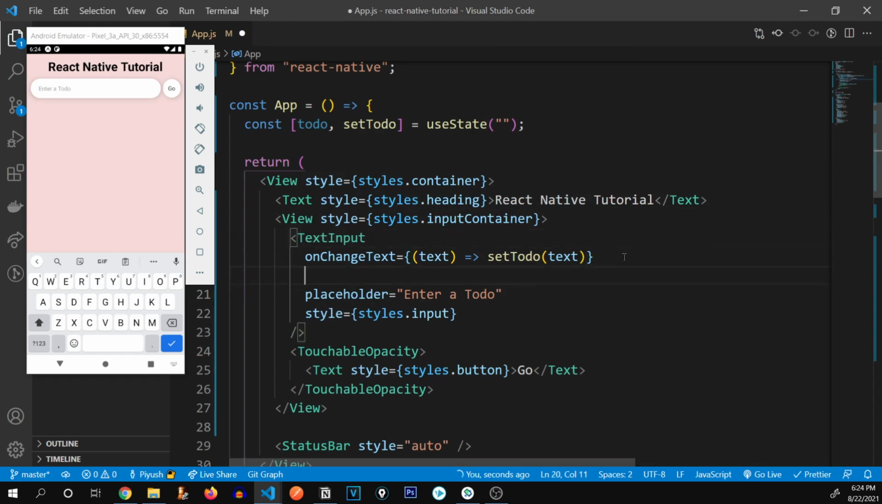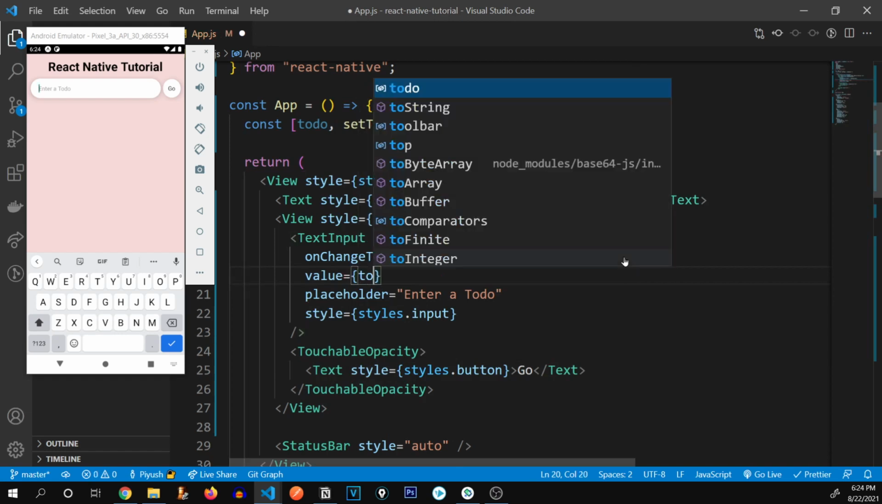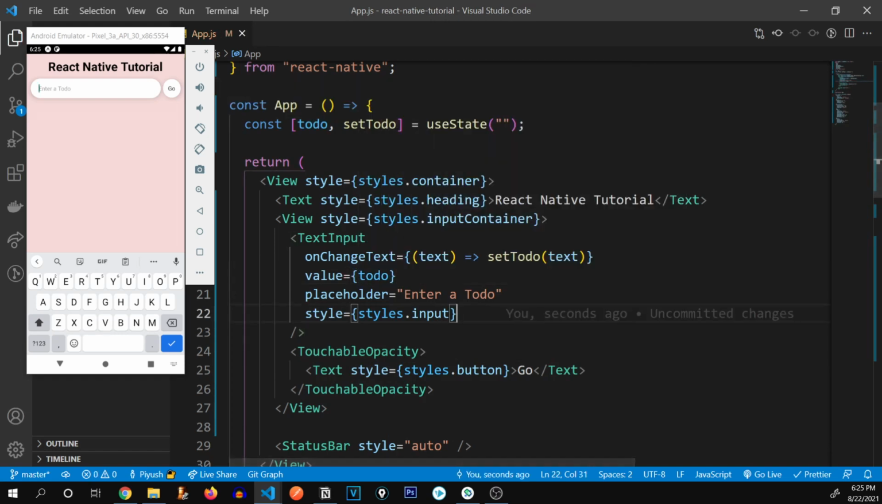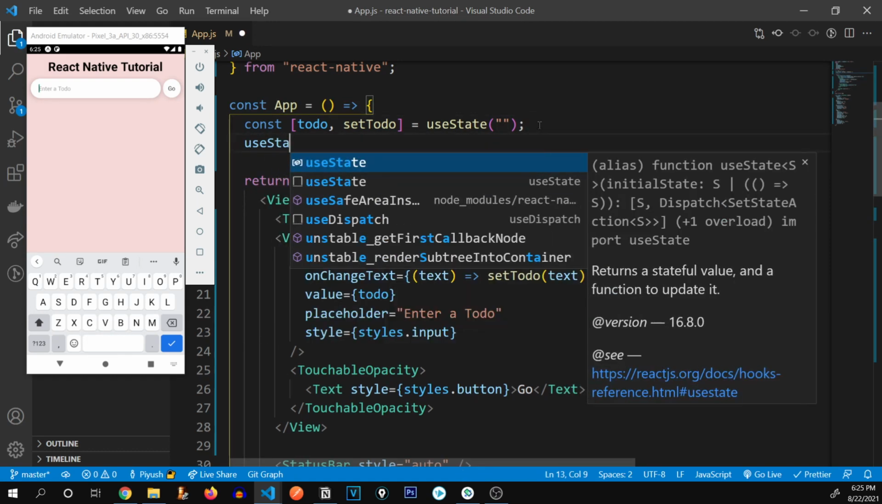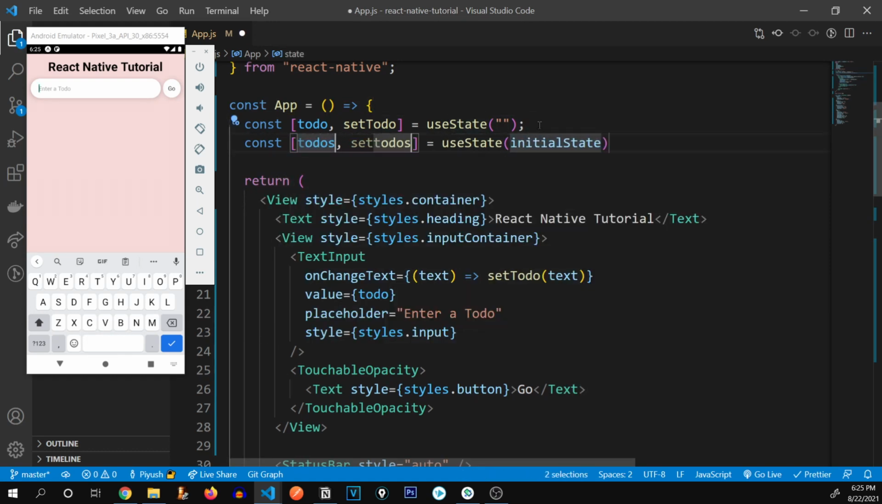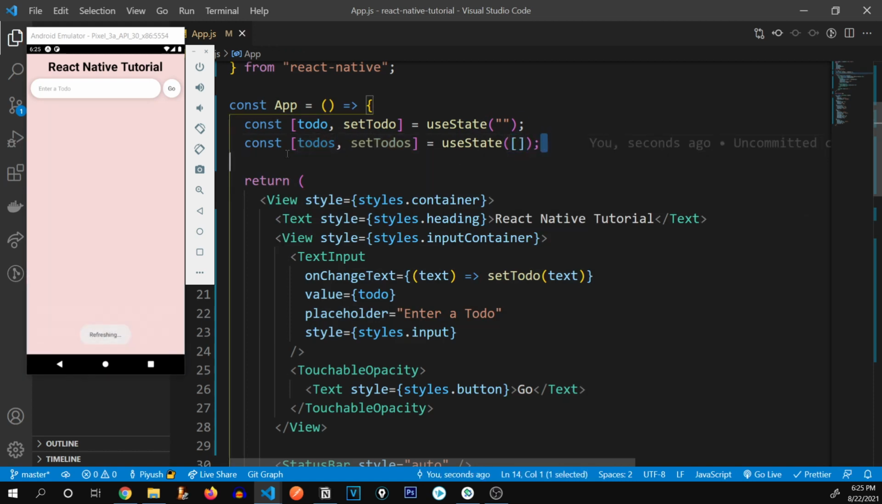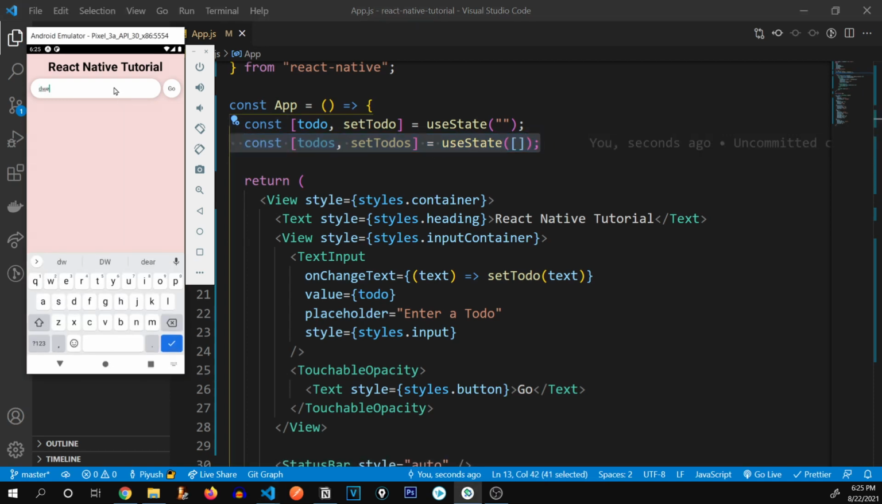Also, we need to provide it a value of todo so that this is a controlled input tag. Alright, now we need to create a state which is going to contain all of our todos. So let's go ahead and say useState and todos. So this is going to be an empty array initially. So this will contain all of our todos. Now, whenever we type anything inside of it and press the go button, this should append it inside of this todos